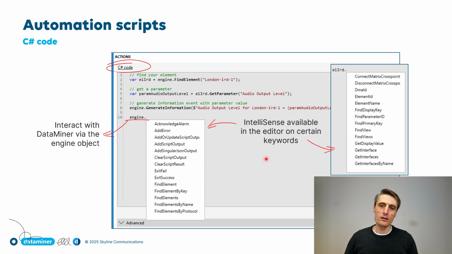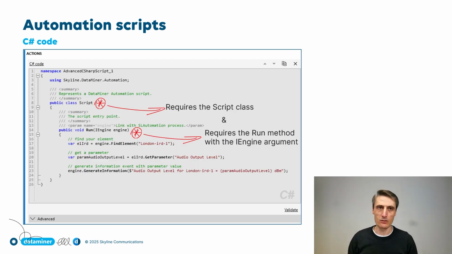Okay, now to take it a small step further, instead of just having one script going from top to bottom, we can also, of course, go more object-oriented. To be able to do that, we can use this kind of structure we have here. Your automation script must contain a public class with the name script, because it will create and instantiate such an object. And then it will call the method run, so this method must exist, and it will